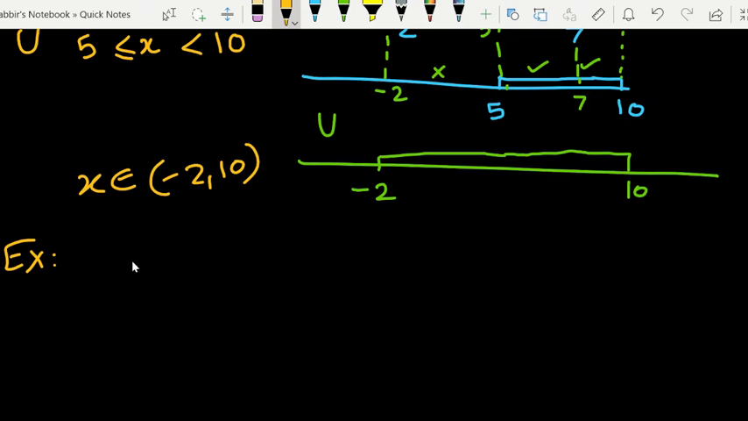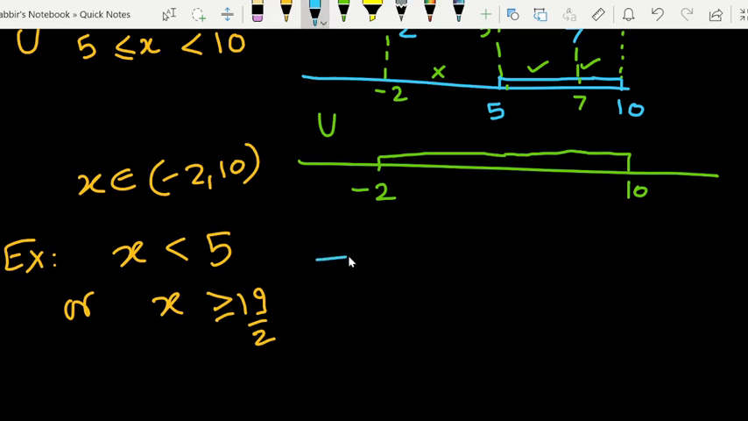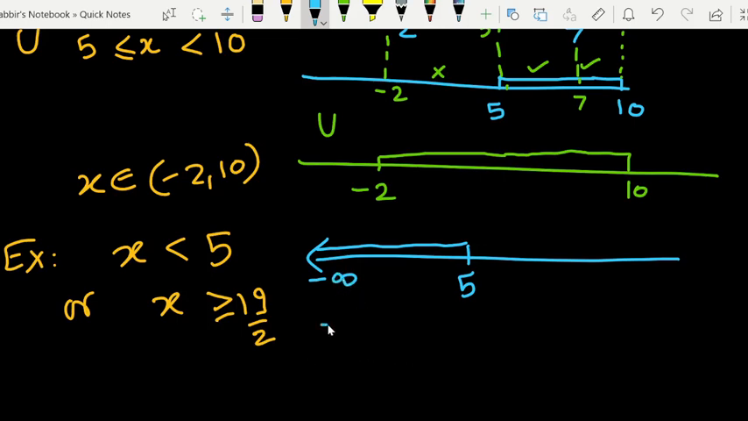Now, guys, suppose x is less than 5 or x is greater than or equal to 19 by 2, and we have to find the union of these two. Again, we will plot this. 5: x is less than 5, so we will take all the solutions on the left of 5, minus infinity to 5. Now 19 by 2 is equal to 9.5,